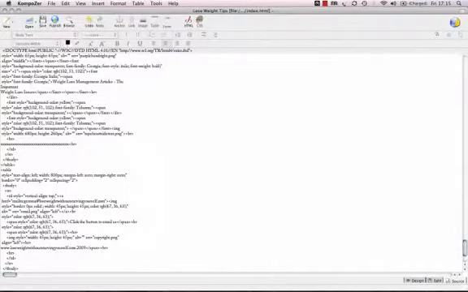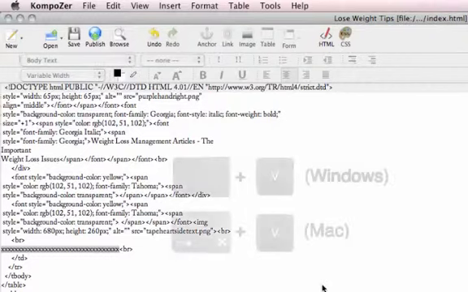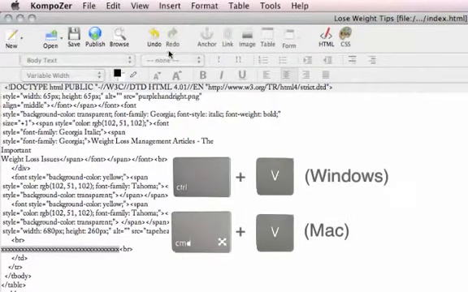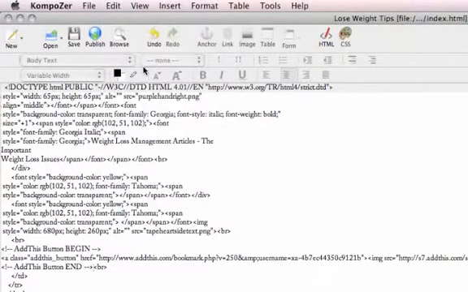Fantastic. So once again, holding down our left mouse button, we click at the beginning of the X's and we scroll all the way along to the bit that we want to highlight. There we are. Now, we already have saved in the computer's memory the HTML code that we want to insert. So we don't need to go back into it to copy. We can either press Command V again or Control V if we are using a PC. And you can also do it this way by going to Edit and going to Paste. And there we are. So we've replaced the two rows of X's with the HTML code for our Add This